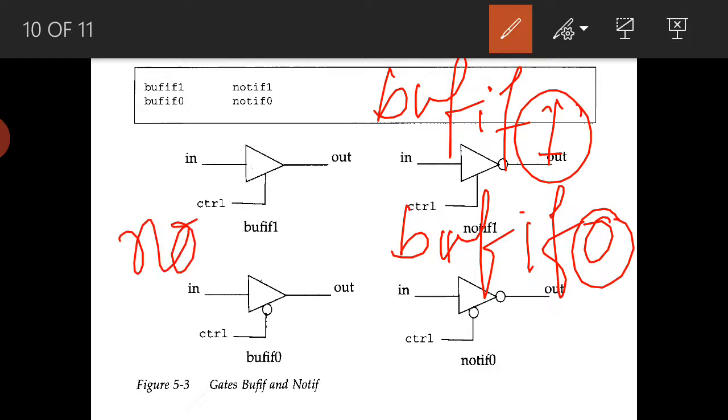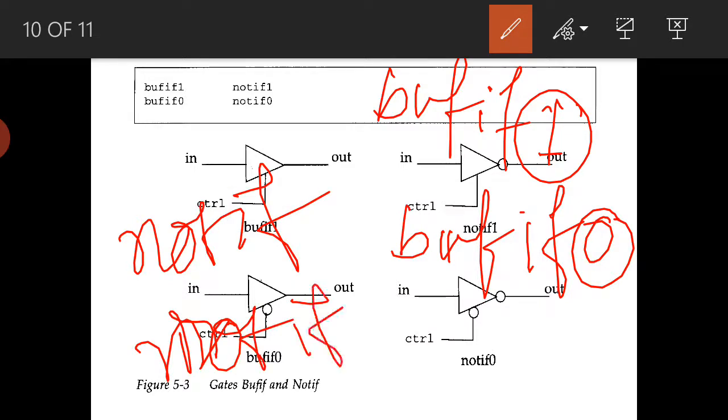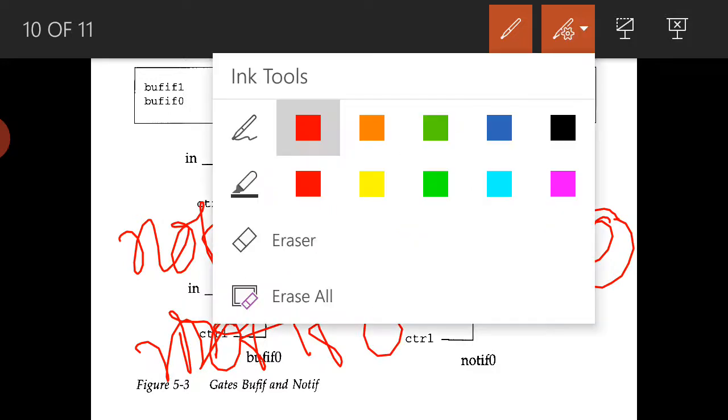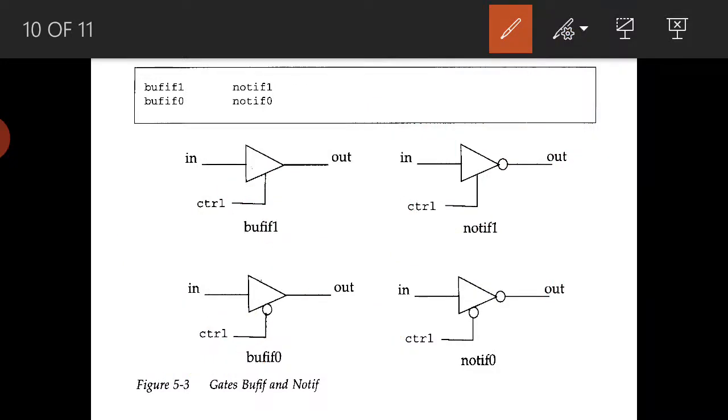Similarly, notif1 and notif0. The application we will see now.